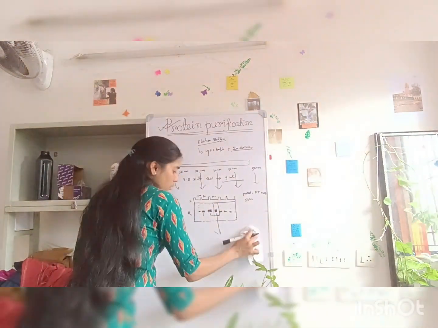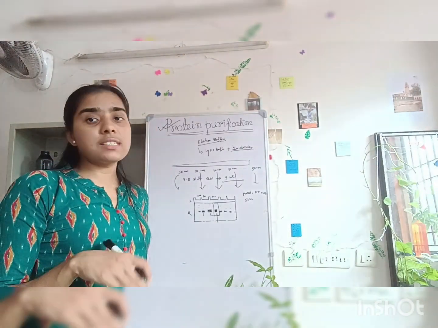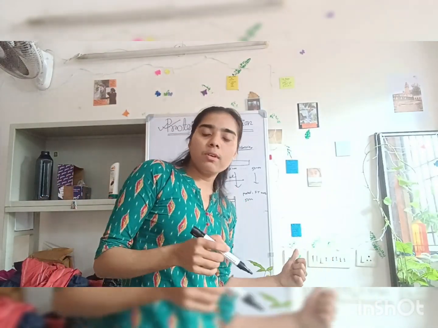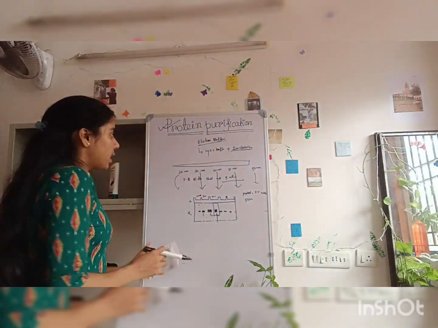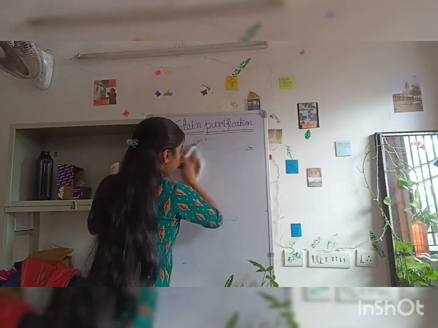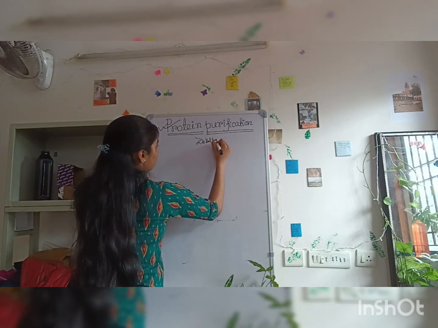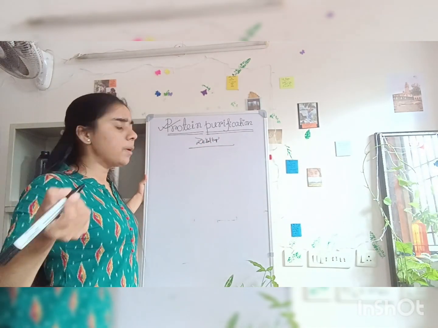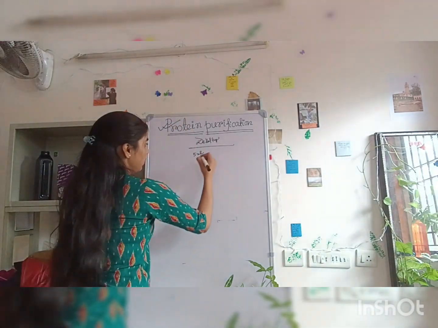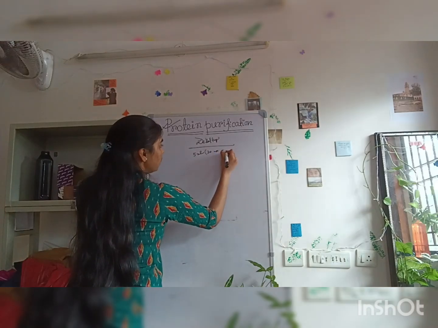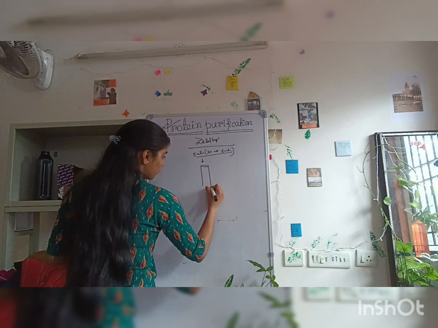But this imidazole can hinder your biochemical reaction. So what will we do? We have to remove this imidazole. The next step is removal of imidazole, and imidazole is a salt, right? So it's called desalting. Desalting means removal of imidazole. We take that 5 ml fraction, the 30 millimolar imidazole fraction, and pass it through a column.